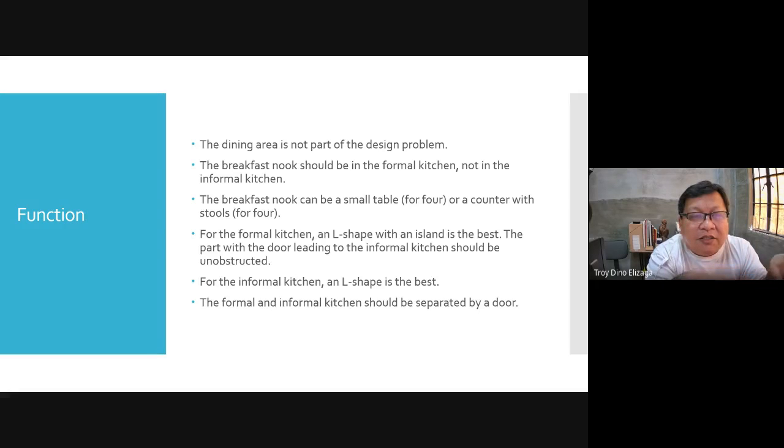But the idea is on that side where there's a door leading to the informal kitchen, that should be unobstructed, okay, because the traffic is heavy. So you cannot put so many furniture there or cabinets. In the informal kitchen, the L shape is also the best, so that the rest of the space is used for circulation. Okay. Now, circulation is very important in kitchen, not only for people to pass through, but for people